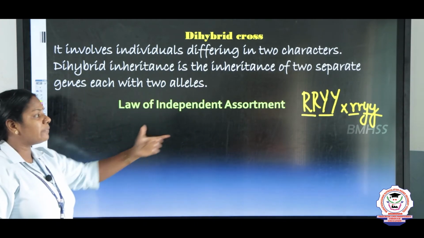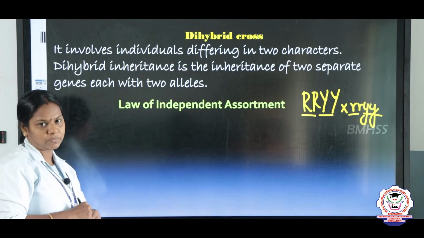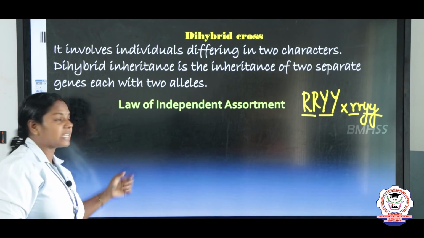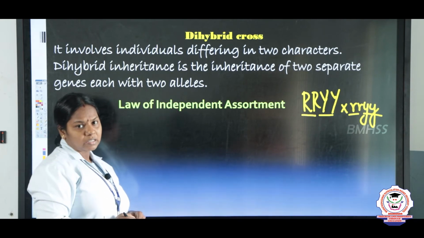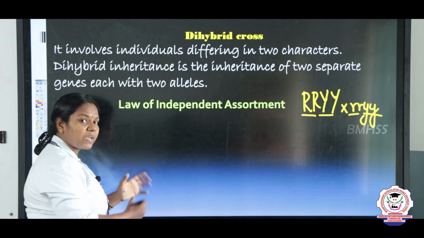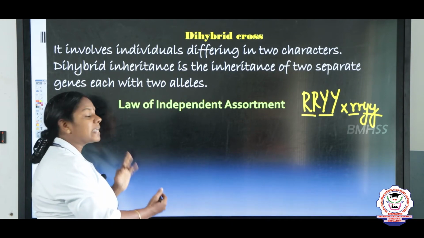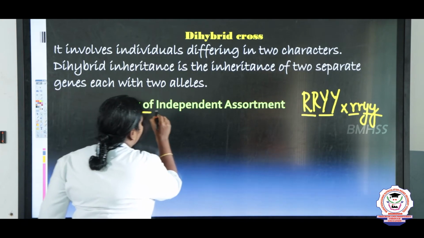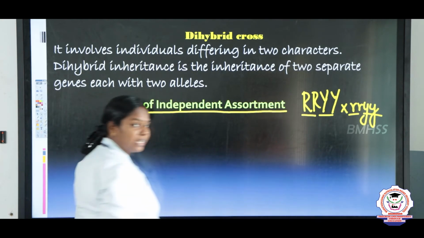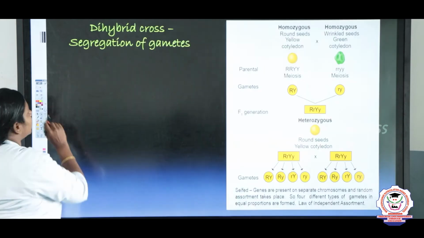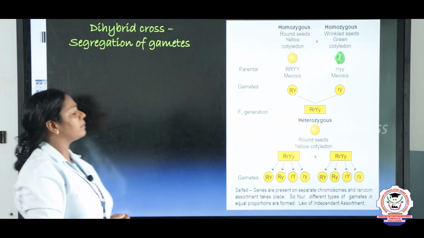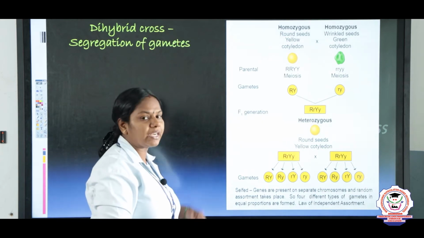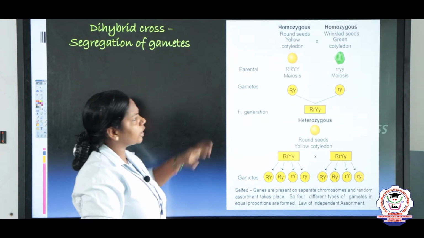And here, when the pair is crossed with the hybrid, the segregated pair is independent of the other, right? So, when we cross, we get the gametes, right? So, that is independent of the other gametes. So, this gave rise to the law of independent assortment, right? And now we are going to see about the dihybrid cross, that is the law of segregation and law of independent assortment. Just look into this picture, children.